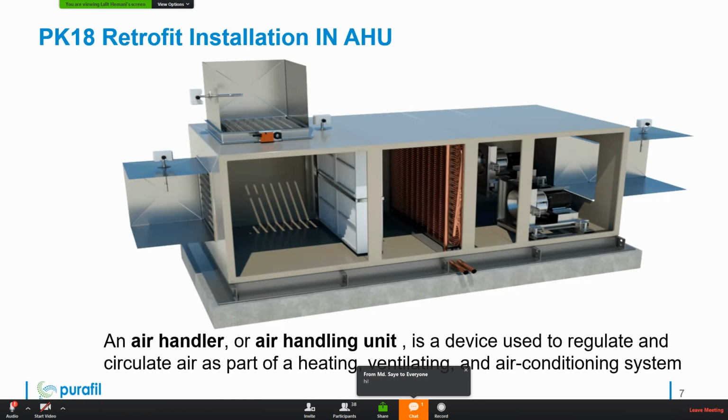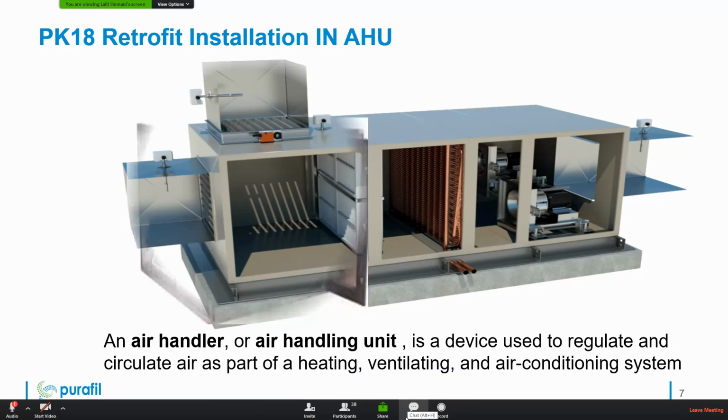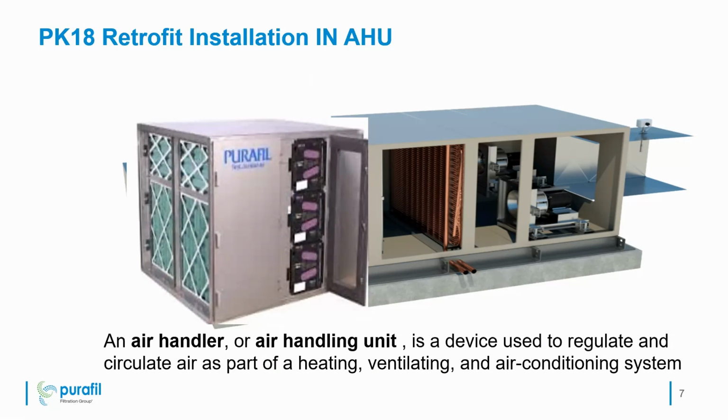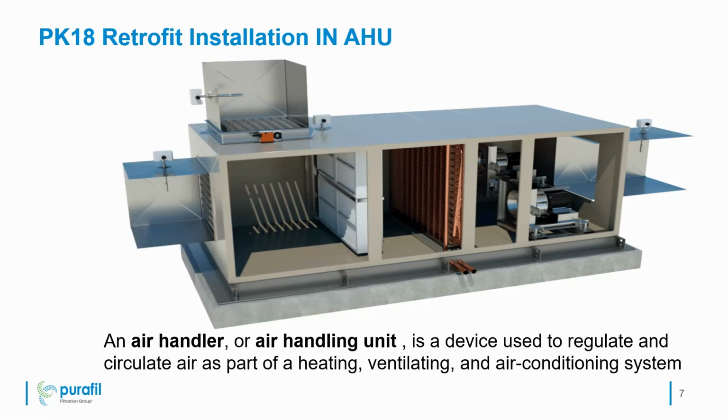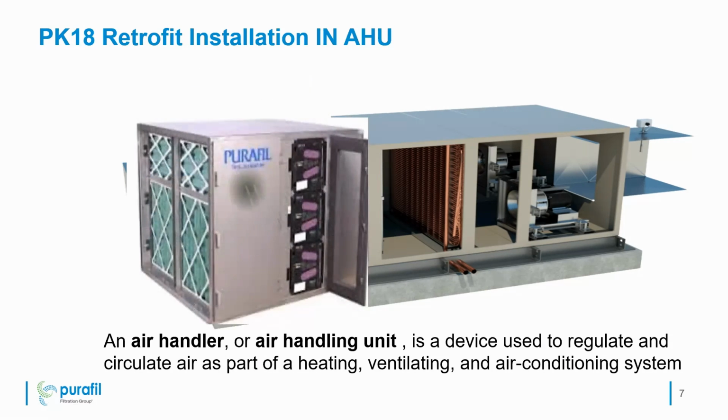When you are going to an existing site, you have to see whether the existing AHU has the space to accommodate the module or not. If not, then you have to add a section like this. Do you get my point? Yes. What is the pressure drop across this? That is in the next slide. I will give you all the details. Do you get this concept? If the AHU has space to accommodate the modules, you can install them in that. Else, you have to make a section which can be attached at the inlet. Do you get the point? Yes, got it. Thank you. Clear. Great.